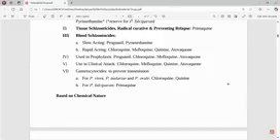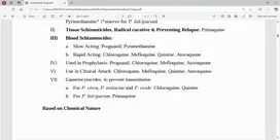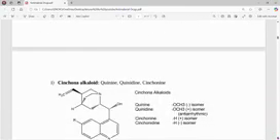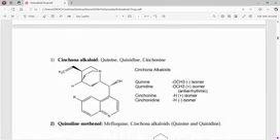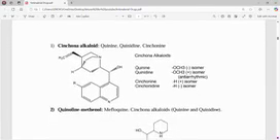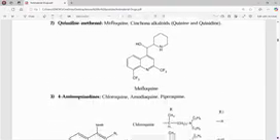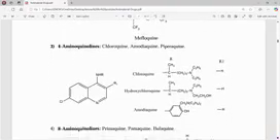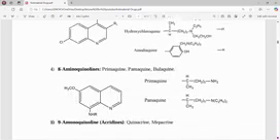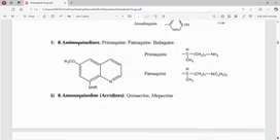Now, based upon the chemical structure, these drugs are further classified as cinchona alkaloids and their derivatives. These are cinchona alkaloids, quinoline methanol, 4-aminoquinolines, 8-aminoquinolines, 9-aminoquinolines, and